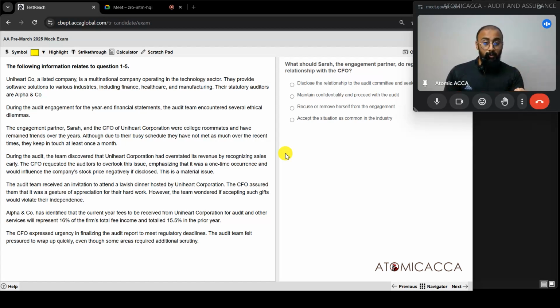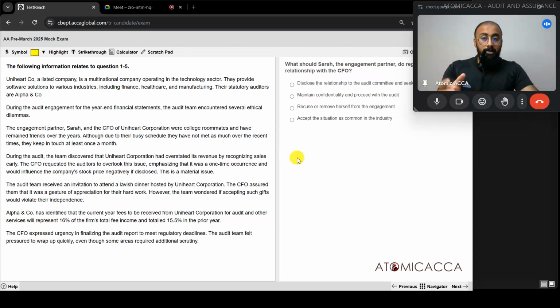If you keep the time limit of the general calculation of 1.8 minutes per mark, it would be somewhere around 54 minutes that you will have for section A alone. But you don't need that much time to crack this, which means the more time you save in section A, you're going to invest it in section B questions, because there the questions are going to be very lengthy. You will not be able to match up to that 1.8 minutes per mark calculation, so you will need time to think and structure your answer over there. So keep in mind, section A as fast as possible.